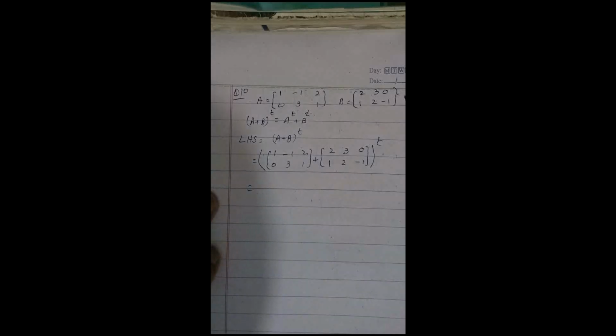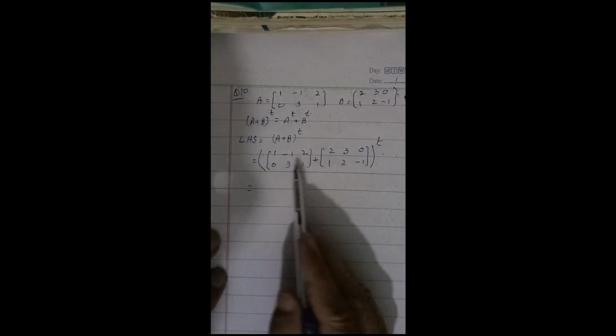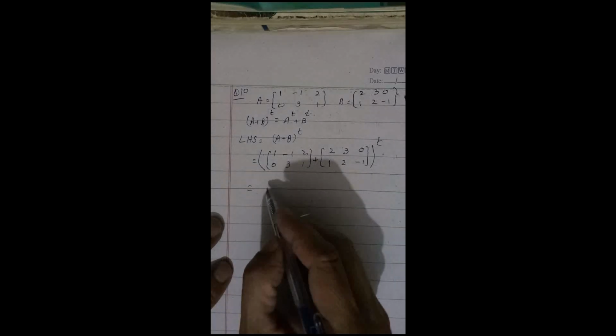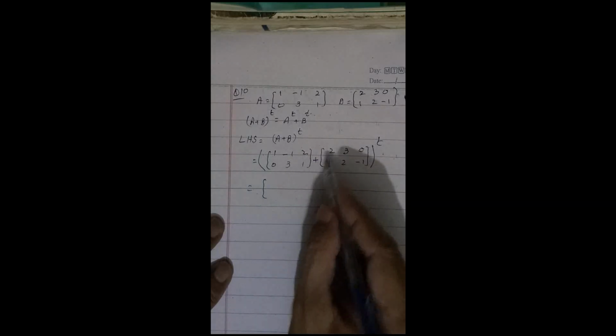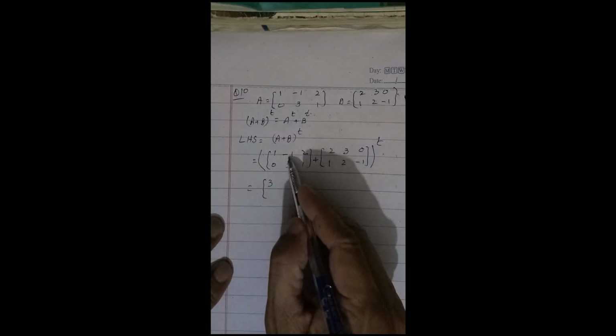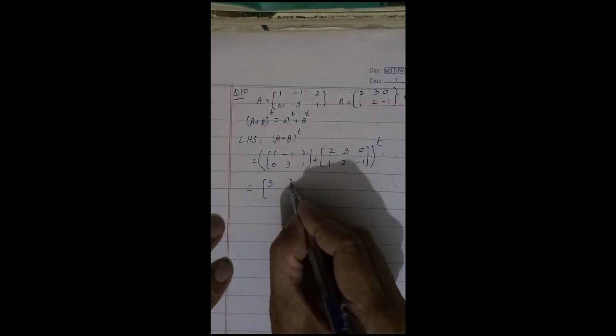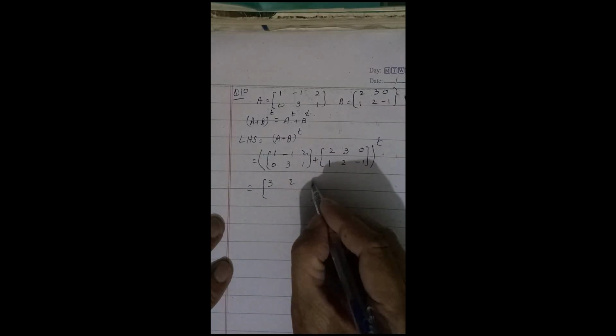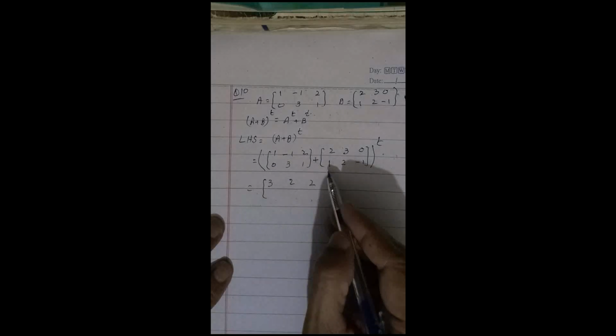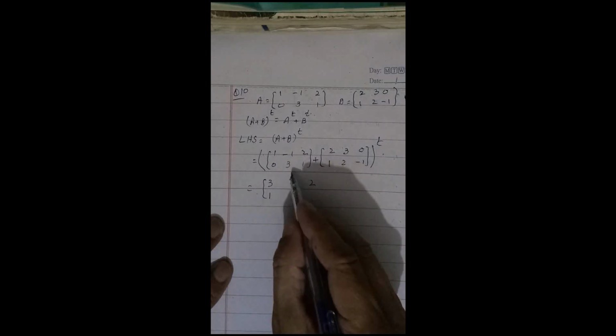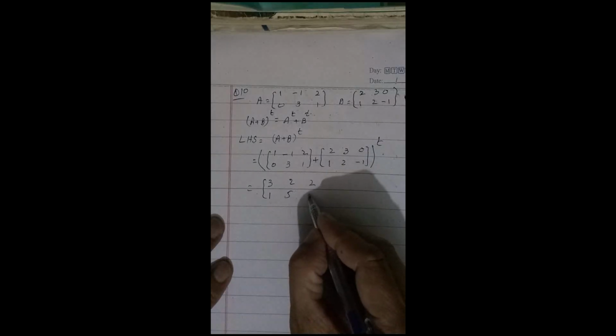Now we add the two matrices A and B, and we have 1 plus 2 is equal to 3, minus 1 plus 3 is equal to 2, 2 plus 0 is equal to 2, 0 plus 1 is equal to 1, 3 plus 2 is equal to 5, 1 minus 1 is equal to 0,